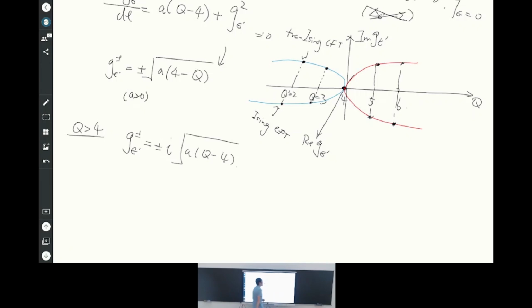Okay? So that means in this case, you do not have the real fixed point, but instead you have two fixed points defined in the complex parameter space, like here. So this x is the imaginary part of the coupling strength. Okay? And one more thing is that here you suppose that you accept there is some complex fixed point here,